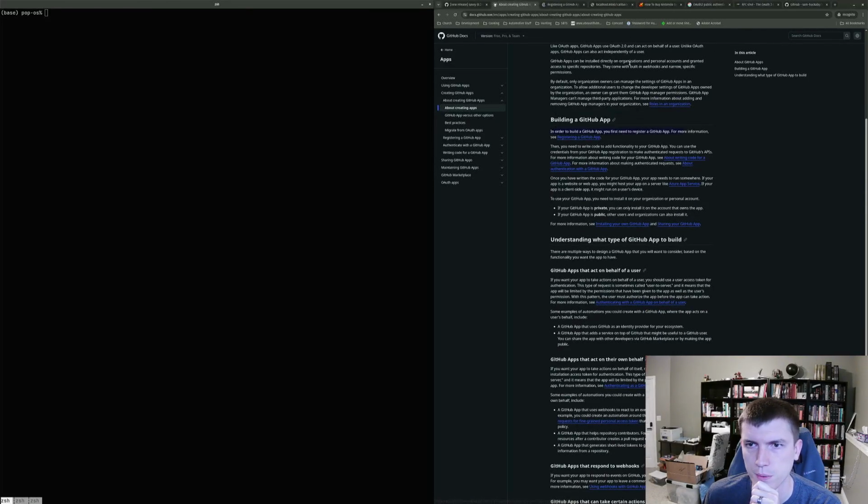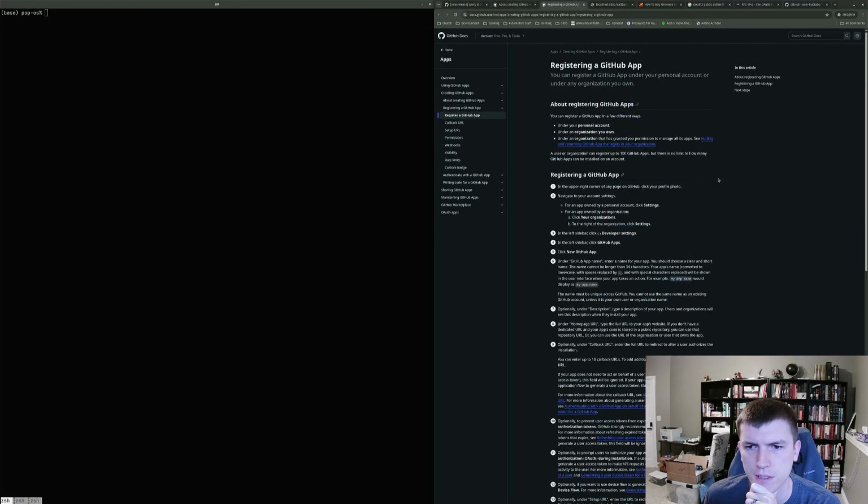All right, let's at least see what this form looks like. Registering a GitHub app. Click on your profile photo. Navigate to your account settings. For an app owned by a personal account, click Settings, Organizations, Settings, Developer Settings, GitHub Apps, New GitHub App. Give it a name.